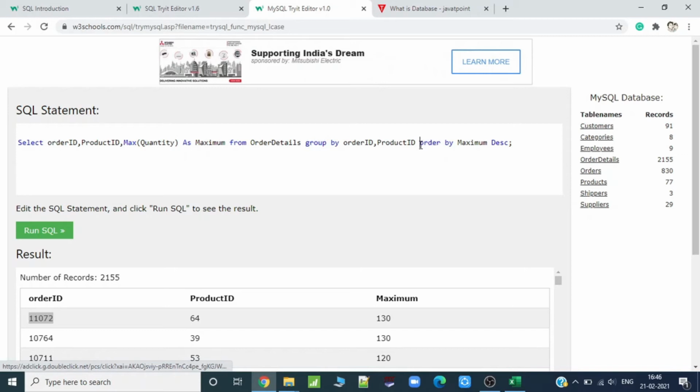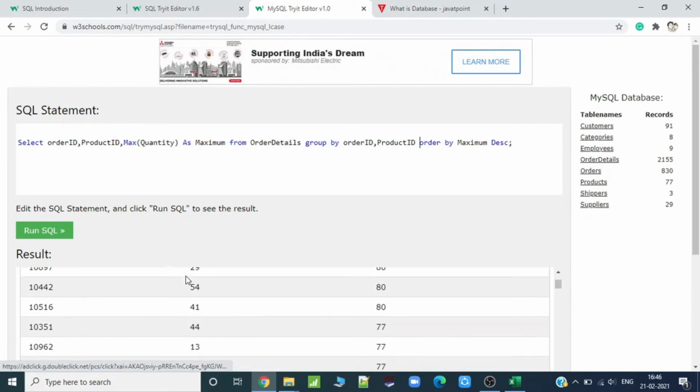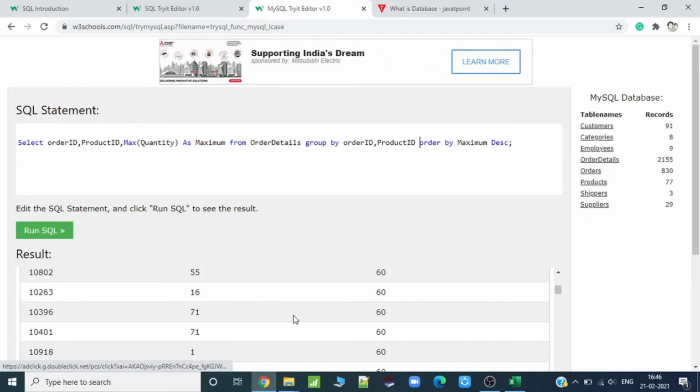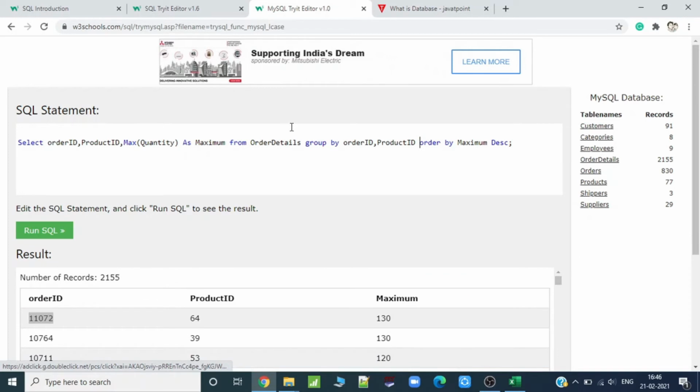Now the second condition: I want to get all the maximum quantities having more than 100 values. If you just see here, there are values less than 80, 70 like this only. So you will be thinking I would write after from, where maximum is greater than 100.